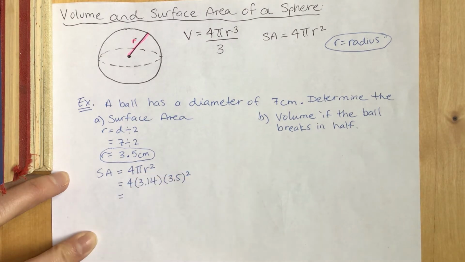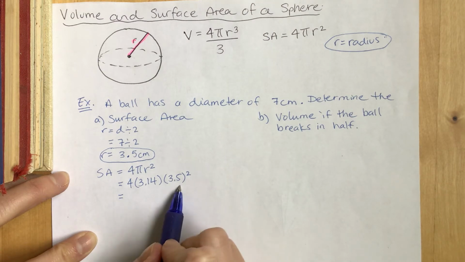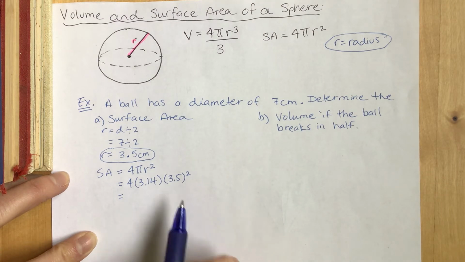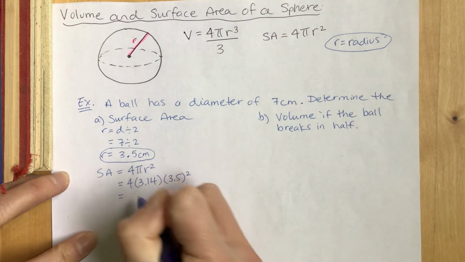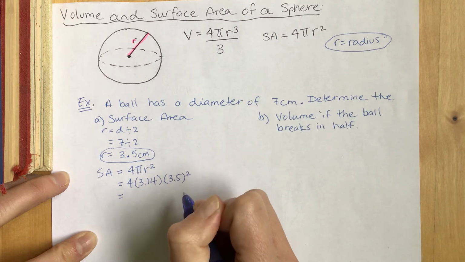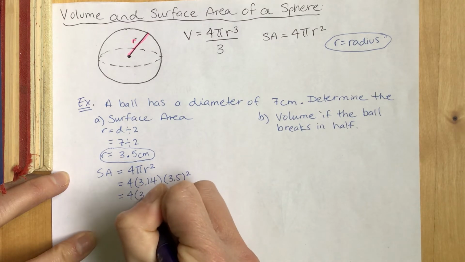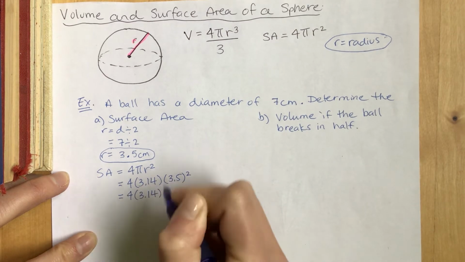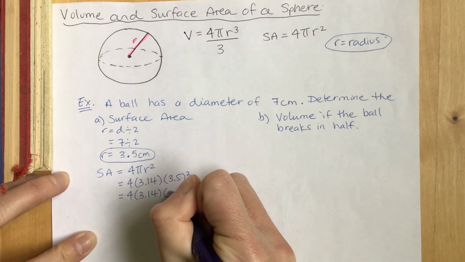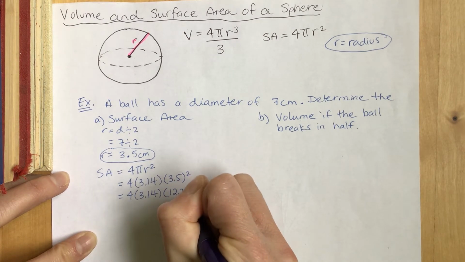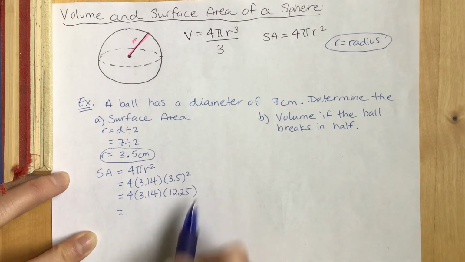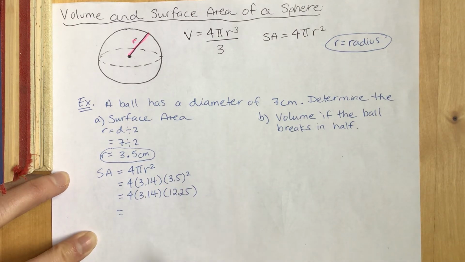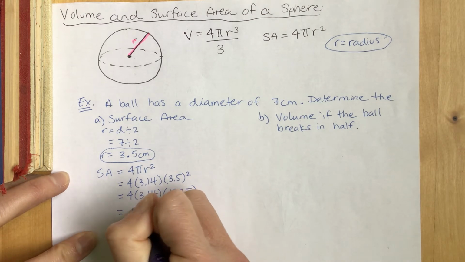Now we need to make sure that when we're doing the calculations here that we follow BEDMAS. So we need to do our exponents first. Some of your calculators will do BEDMAS for you, but not all of them. So 3.5 to the power of 2, that means we're going to be multiplying 3.5 by itself. Okay, and now we just have multiplication left, so we're going to multiply all of that together, and we get